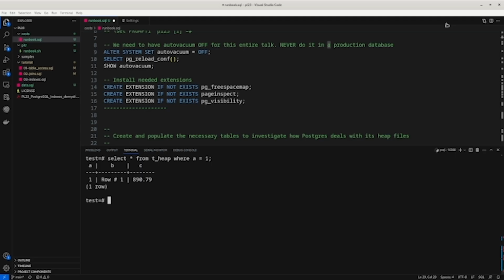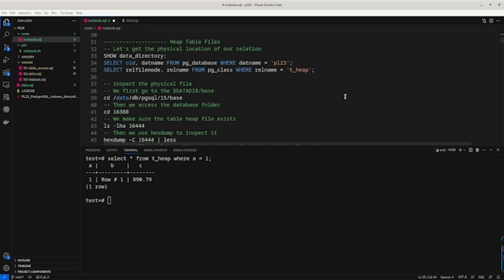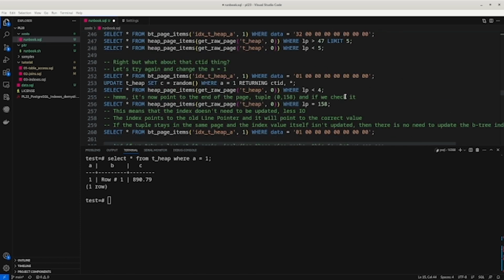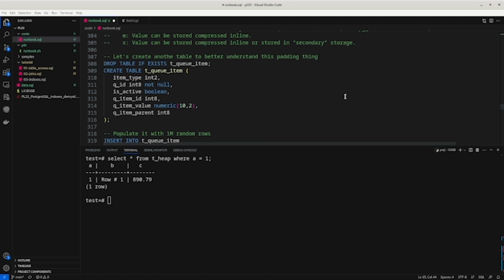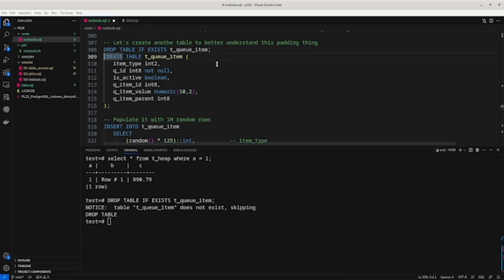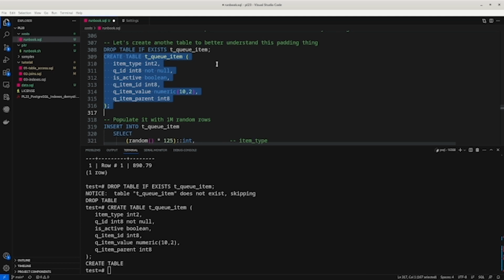So what I'm going to show you here is the end of the talk, because we may not have enough time to get to the end. So I'm going to create this table here. See? Let me drop it just to make sure it doesn't exist. Well, fine. It's a pretty simple table. I don't have fancy data types. I don't have varchar. Only integers and 1 boolean.